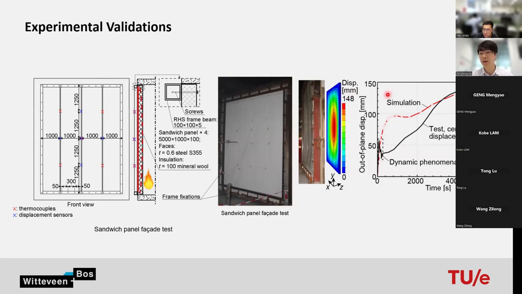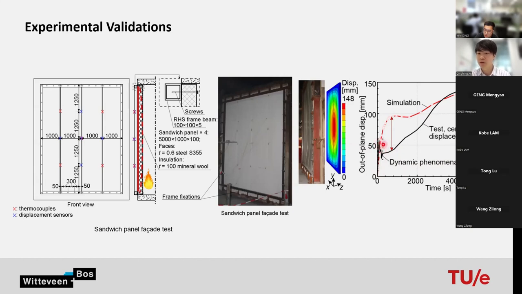results. As you can see here, at the end of the fire, it actually shows more or less the same results for the central deformation. However, at the beginning of the fire, it has a very big gap between the simulation and the test. So I did a lot of parameter studies, but I think it must have something to do with the dynamic behavior at the beginning of the fire. Because if we compare the initial stiffness of the sandwich panel, the simulation and the test show more or less close behavior.